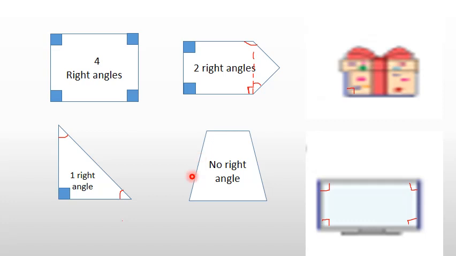Here you can see this is a straight horizontal line, but this is not a straight vertical line. So the angle here is not 90 degrees. That means that these two lines are not perpendicular to each other. Again, these two lines are not perpendicular, these two lines are not perpendicular, so there is no right angle in here.